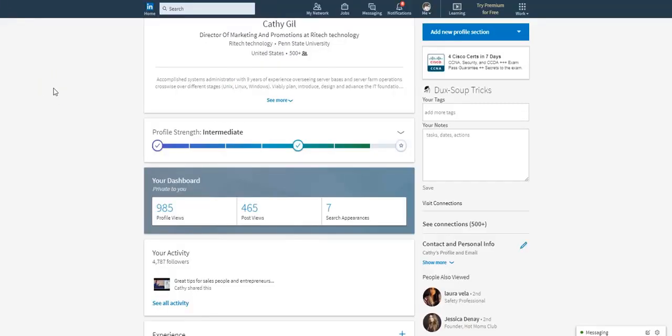Now, here's the secret of using virtual assistants on LinkedIn. The message that they send to their connections, the people that they're connecting with in your target market, is that it is not promoting your company. Instead, the message is promoting the benefits of your service. It doesn't mention your company at all, actually. The goal is to find people who are interested in the benefits of your service.